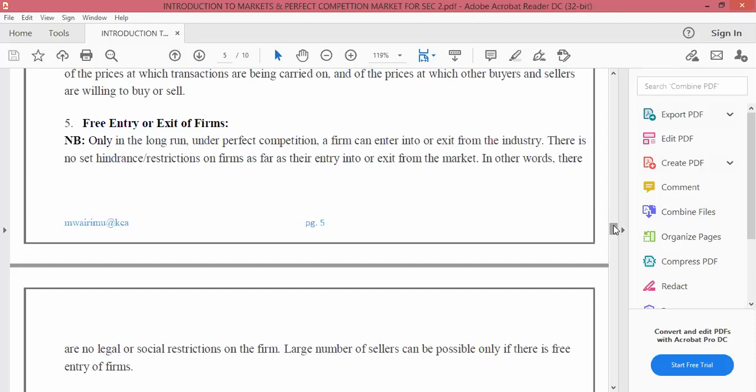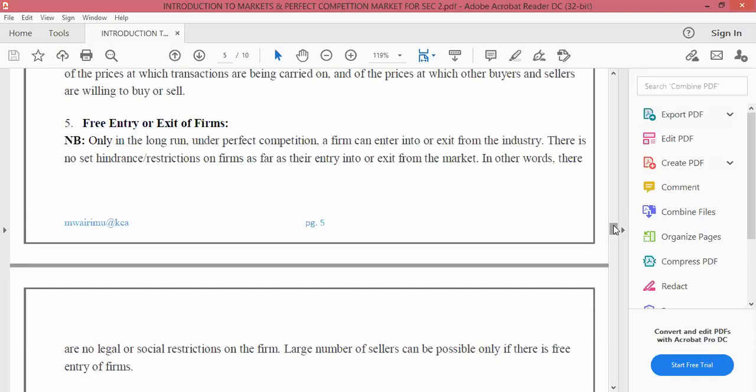However, if I remember, we talked about the short run period. And we said a short run period is a time that is too short for the firm. For example, it cannot move out of the industry. In other words, it cannot quit. And we also said if a firm cannot quit, then it means another cannot join in. So when a firm is to consider joining in, that is only possible if the period of time is a